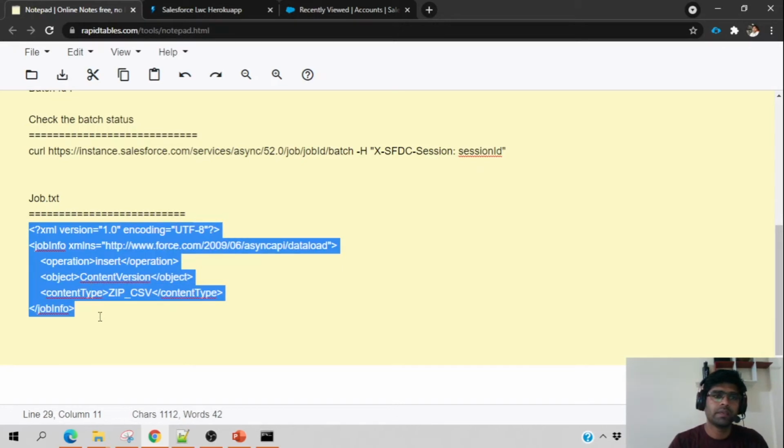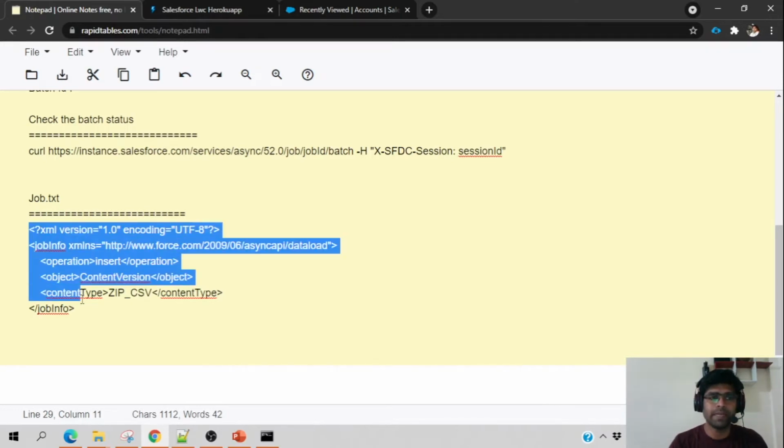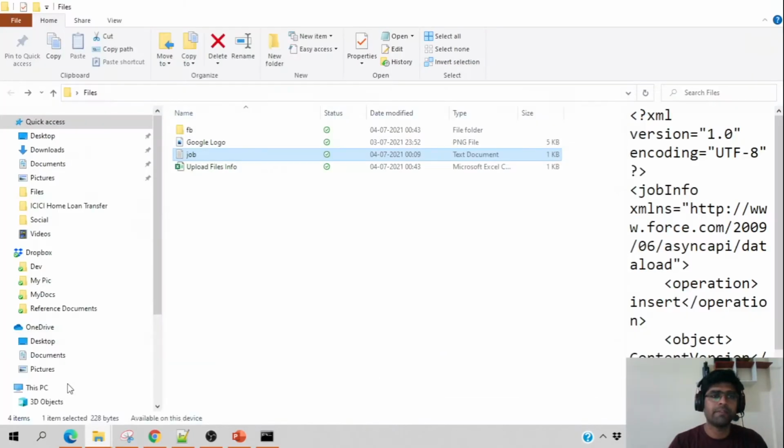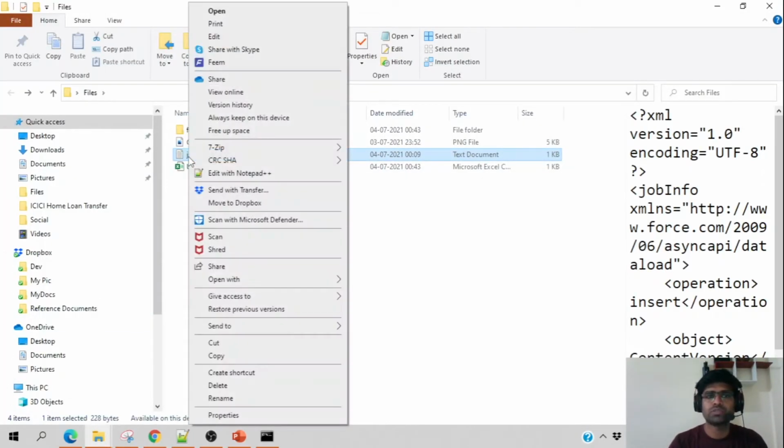Here, just make sure that the operation is insert and the object name is ContentVersion, and for this purpose we are going to use CSV, so zip_csv. If you are using something like XML, it will be zip_xml or zip_json, like that. I have already prepared this file. If you can see over here in my file section, I have this file set up. I'll just show you this file.